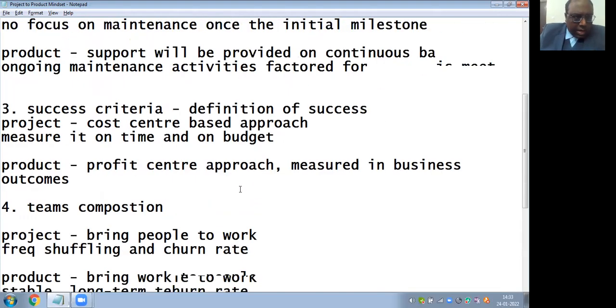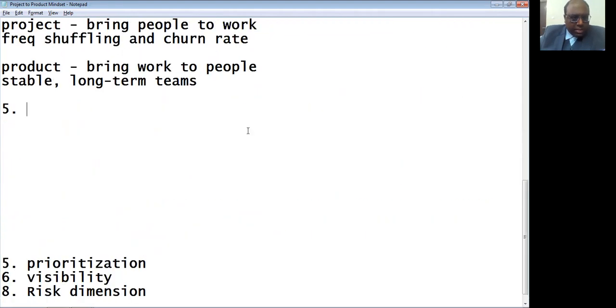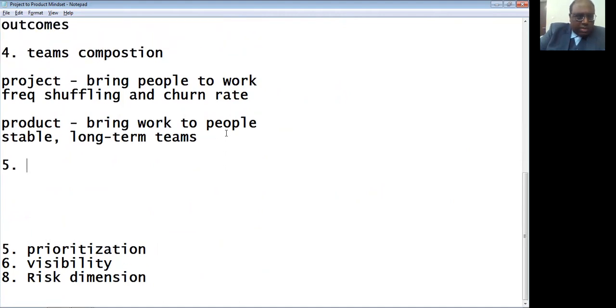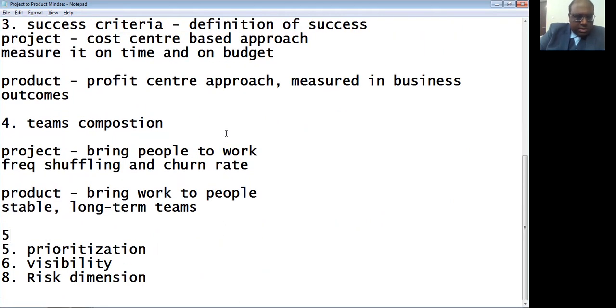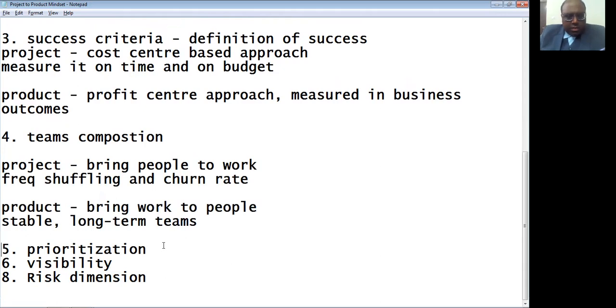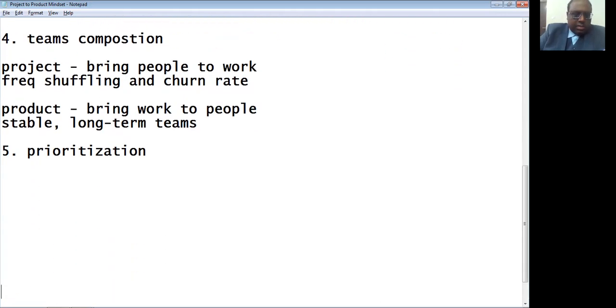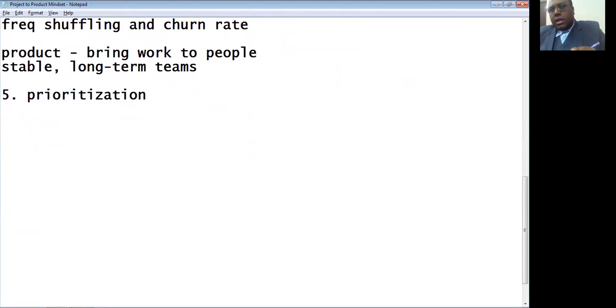Now, let us get into the fifth thing. What I wrote here is the prioritization, right? So let us take this here. One sec. Okay, prioritization. So when it comes to prioritization, what we actually do in a project is typically